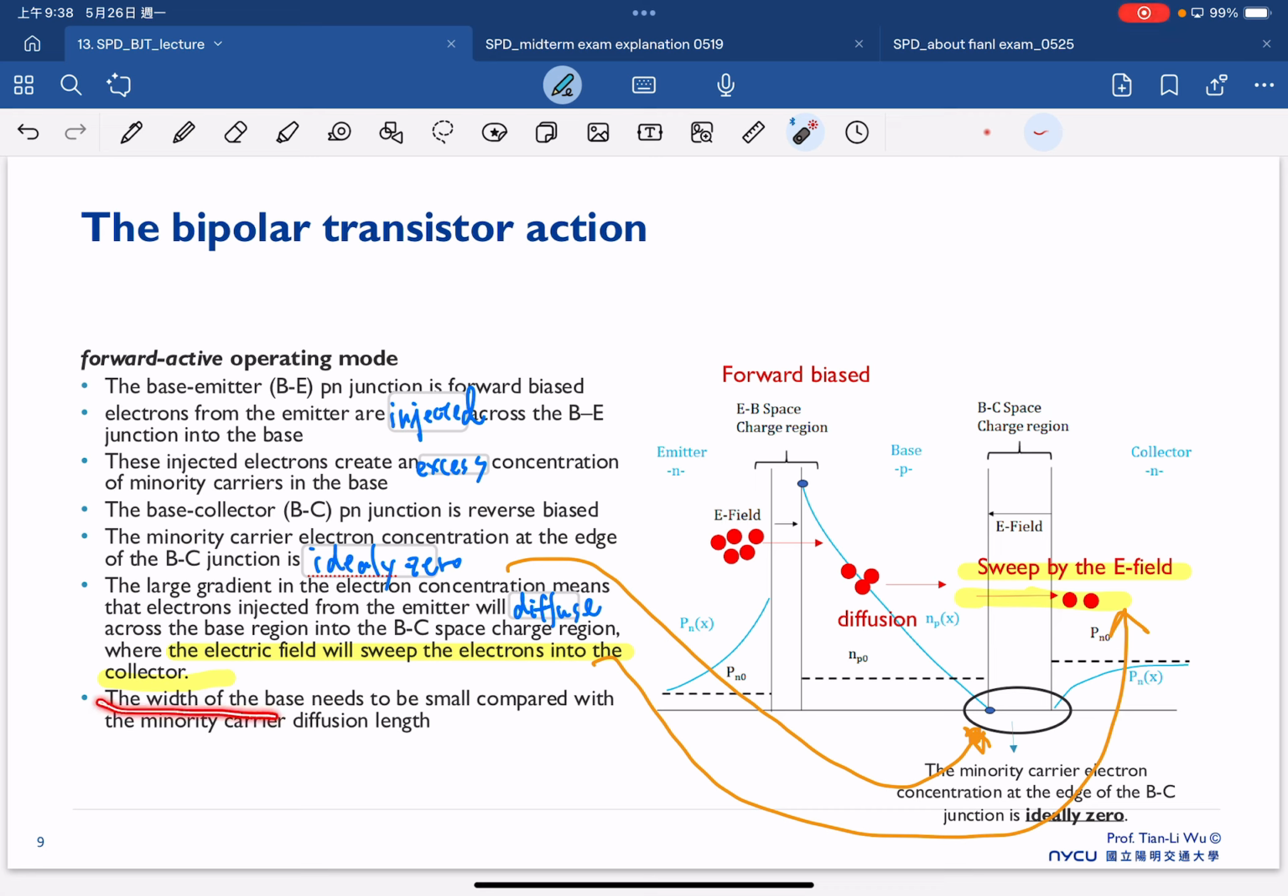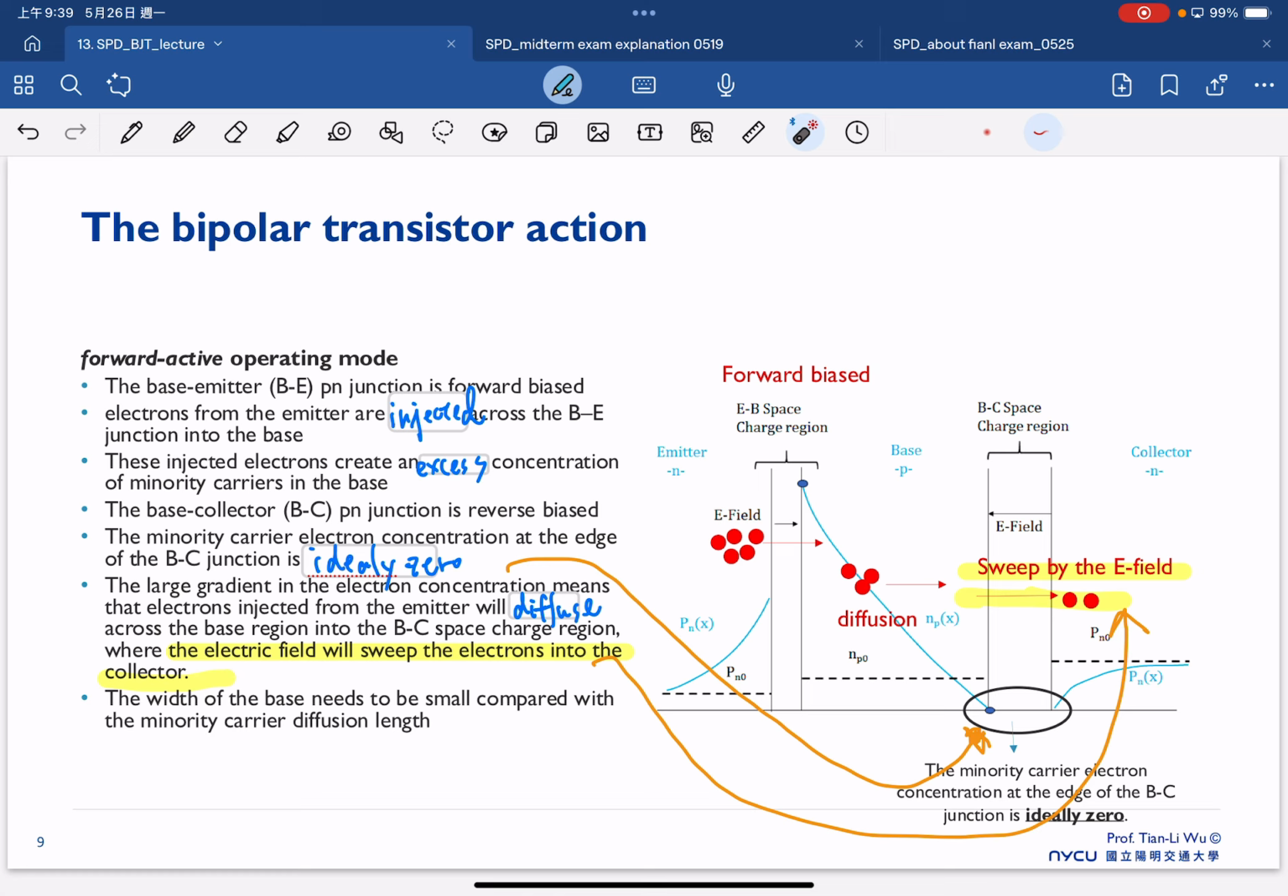The width of the base needs to be small compared with the minority carrier diffusion length. So the width of the base should be small. We will talk about later, from the equation or from physics, that as long as this is getting small, of course our gradient will be larger, so our carriers can diffuse through the base and reach the collector side. Okay, so that's a consideration of this